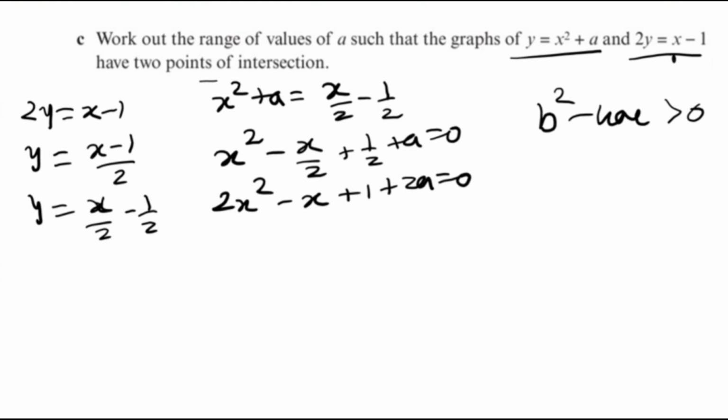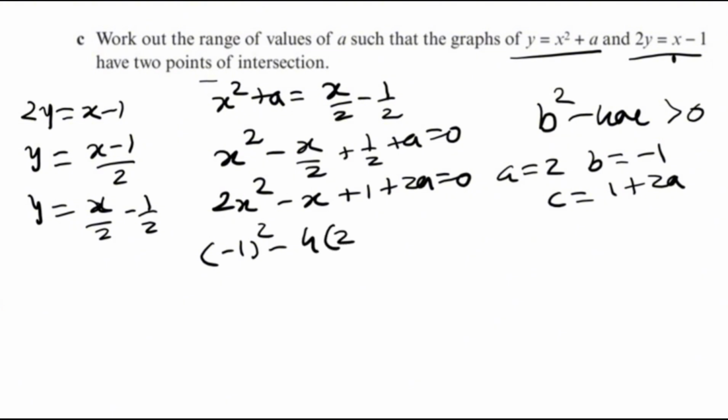So we are finding the value of a is equal to 2, b is equal to minus 1 and c is equal to 1 plus 2a, and we are substituting in b squared minus 4ac. So minus 1 squared minus 4 into a into c, which is 1 plus 2a, greater than 0, because we want the value of a that gives us the solution greater than 0. So 1 minus 8 into 1 plus 2a